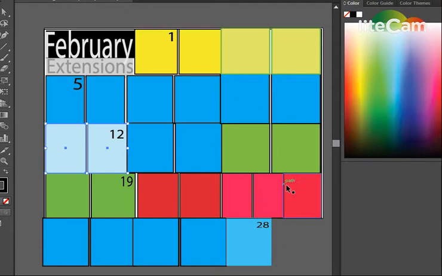If you were to look at an actual calendar for February, as you see here, I was working on this and put it together: 4 days here, then about 5 or 6 days here, and this one about 7 days, and then along here 5 more days. So the way I want to put this together is to use an artboard measured at about